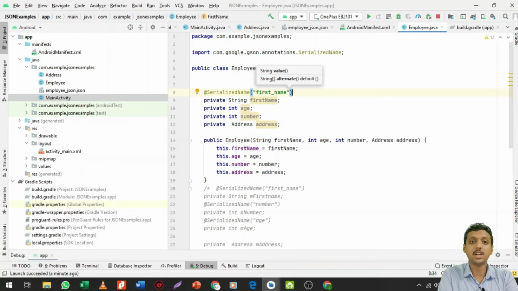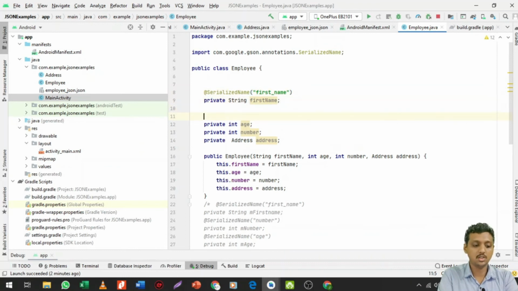Do not write a semicolon. Now here you write SerializedName with user underscore age. So now my age variable is represented by user age and the first name is represented by first underscore name from the JSON data. Now let me debug the application again and show you the output.